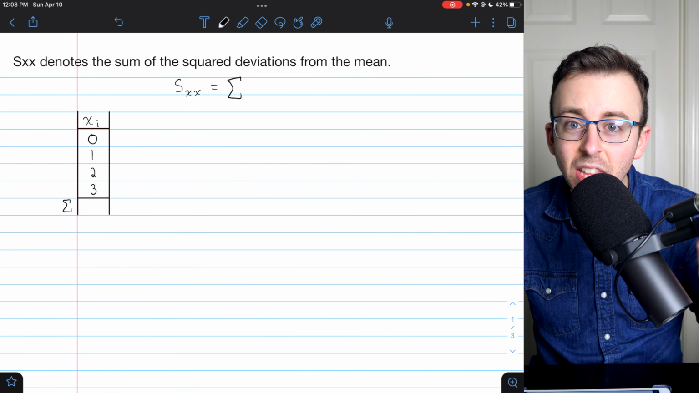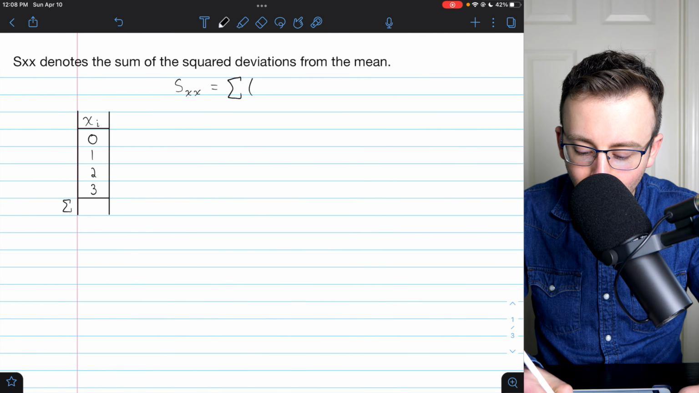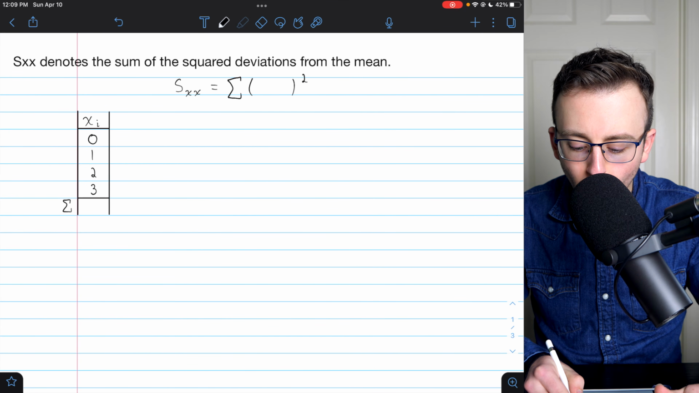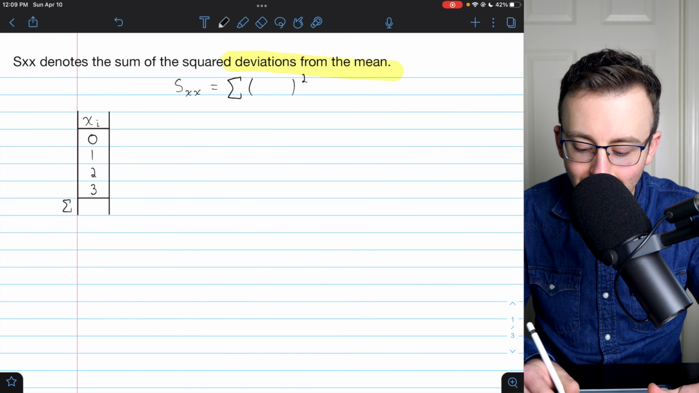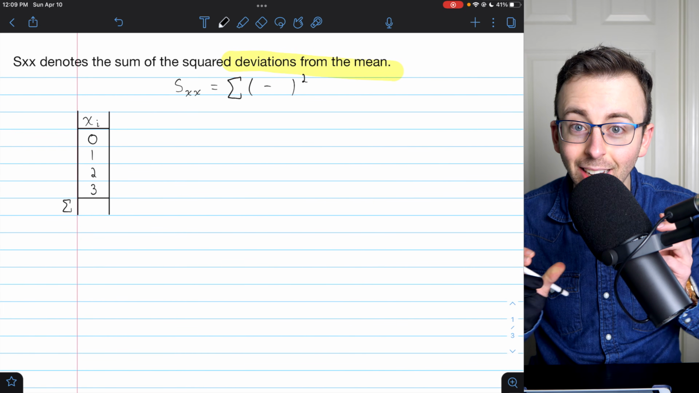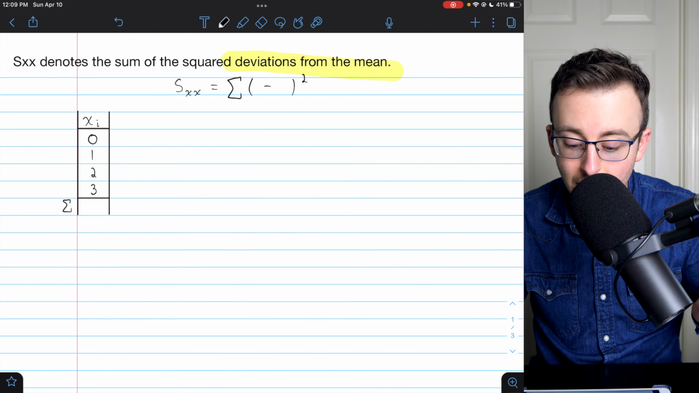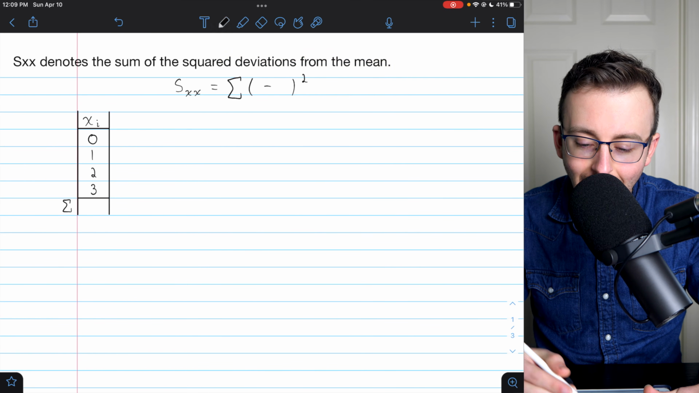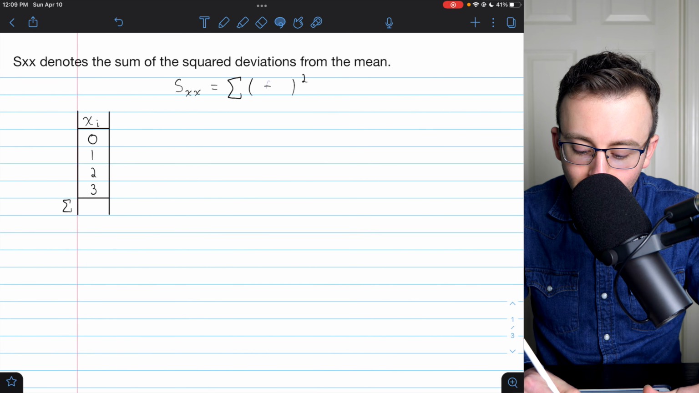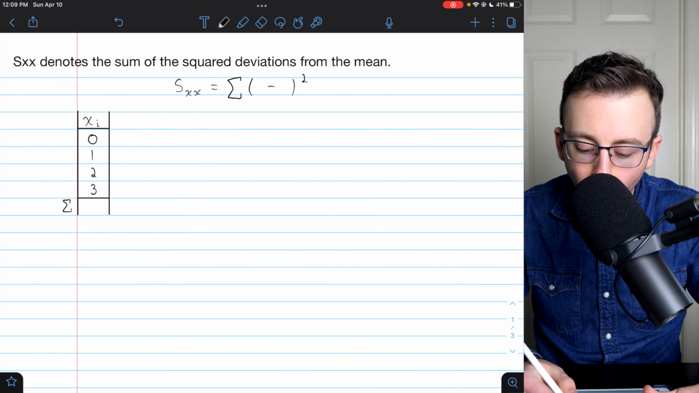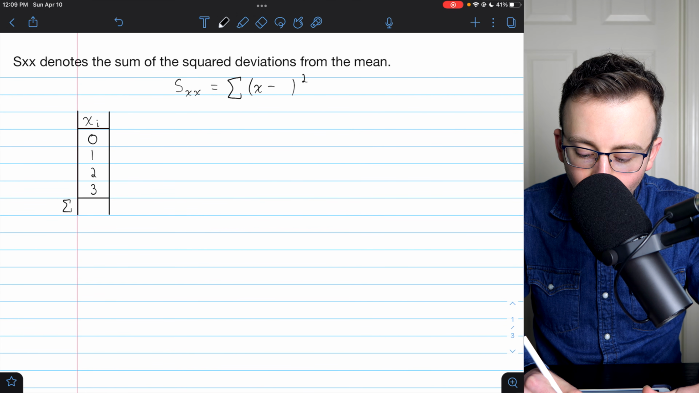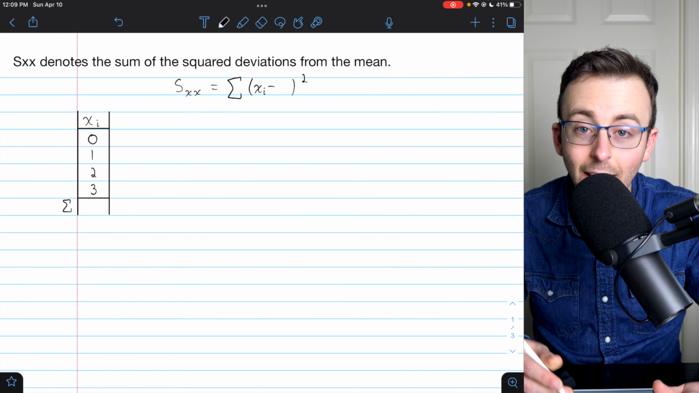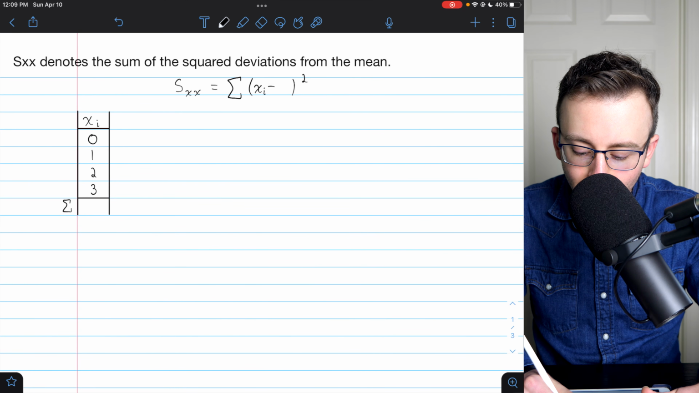It's the sum of the squared, okay, so we're going to have something squared. It's the sum of the squared what? The squared deviations, and deviations means subtraction, like how far apart are they? Deviations from the mean. So what we're doing is adding up the squared differences from the mean for all of our data values. So what goes in here is xi to represent an arbitrary data value, and then subtract